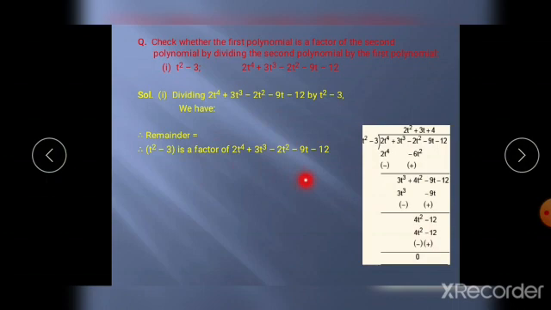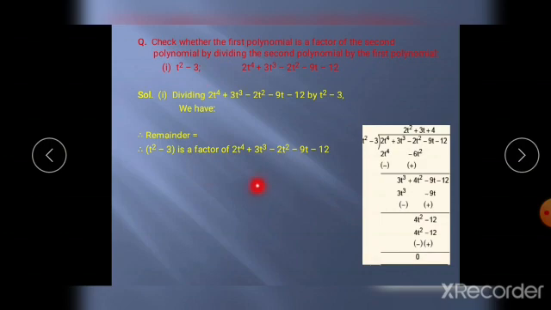If it is not 0, then it is not a factor. So here, check whether: this is a very important question for 3 marks. Check whether means the remainder should be 0. If it is not 0, it is not a factor. You should write that it is not a factor. So you can complete the exercise